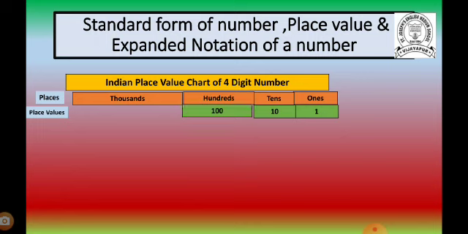Then hundreds is a 3-digit number, like 400, 236. These are all called 3-digit numbers. Lastly, thousands means it is a 4-digit number. In this 4-digit number we can read like this: 1000, 2329. These are called 4-digit numbers.